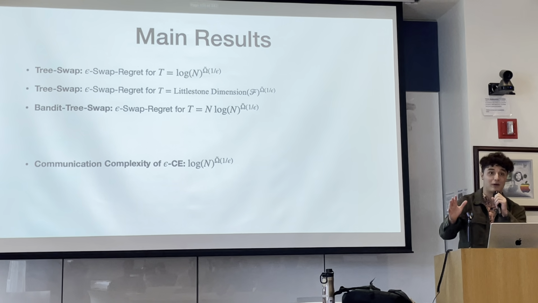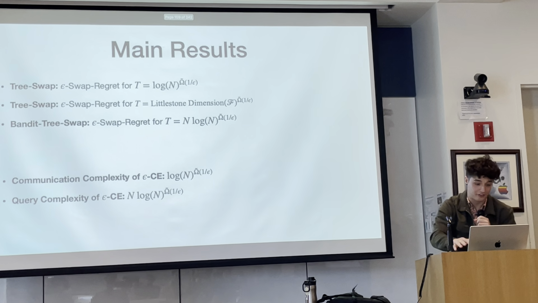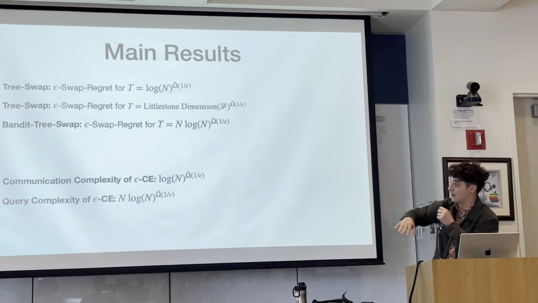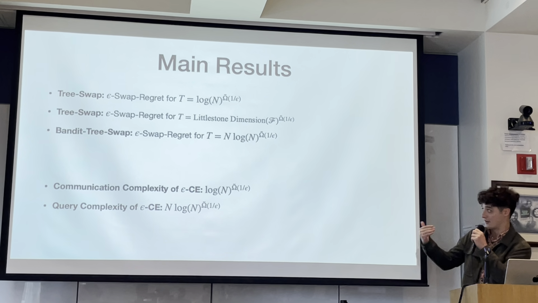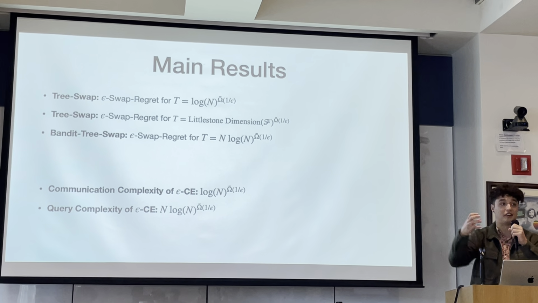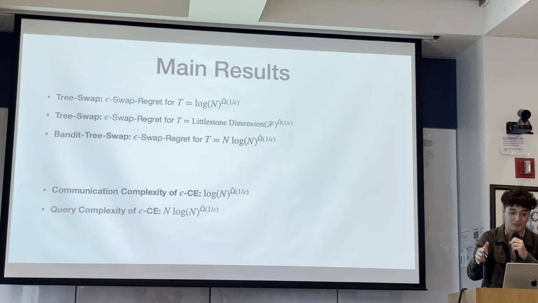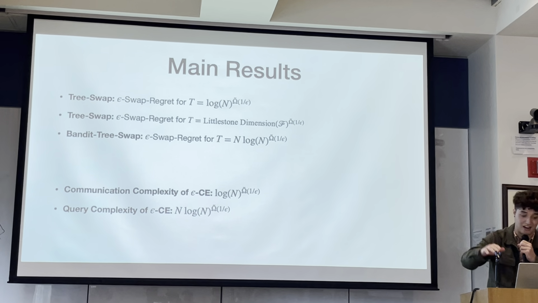There's also all these other open questions that we addressed in different areas of the literature. There are these different settings of computation where we're trying to compute correlated equilibrium as efficiently as possible, measuring communication or query complexity, like how many queries do we make to the entries of the game, that were not known to be able to have this good dependence on the number of actions in the game.